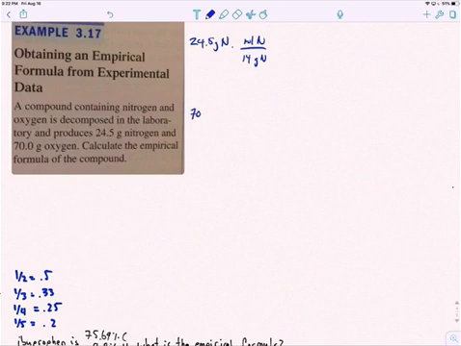Likewise, we have 70 grams of oxygen to moles oxygen to 16 grams of oxygen. So in doing that, what we find out is we have 1.75 moles of nitrogen, and we have 4.38